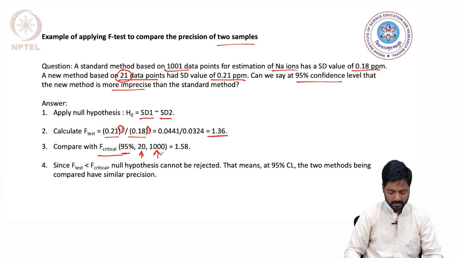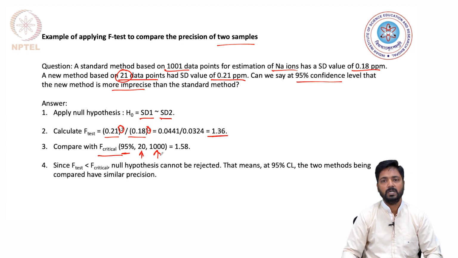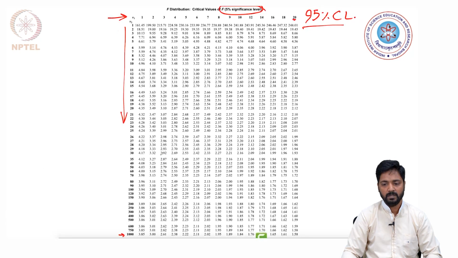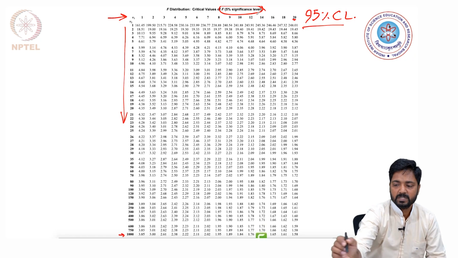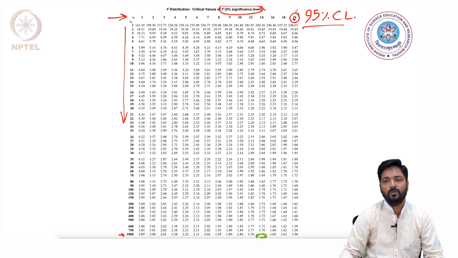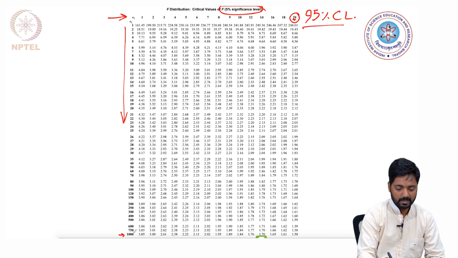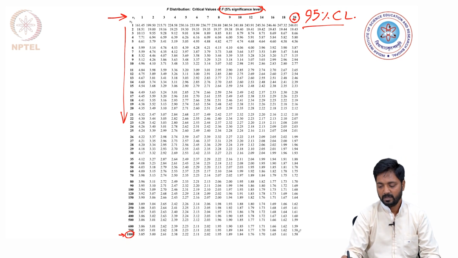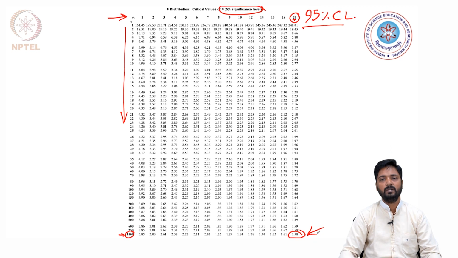Now let us quickly go back to the F table at 95% confidence level and see what the values would be. So at 95% confidence level, nu 1 of 20 and nu 2 of 1000 gives us an F critical value of